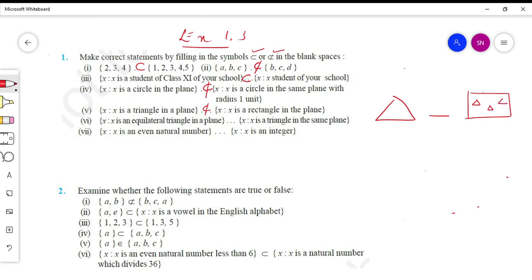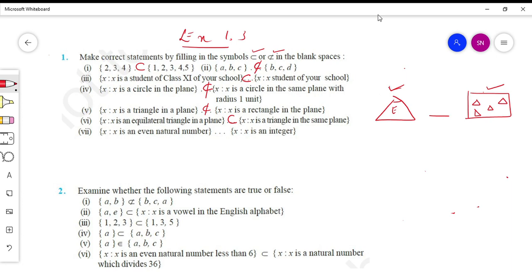So there are different varieties of triangles: a right angle triangle, then a scalene triangle, an obtuse angle triangle. So when I have a smaller set here, the smaller set is an equilateral triangle. One equilateral triangle can be derived from the set of so many triangles. Correct? So this is possible. Whereas in the previous condition, when I explained, that was not able to fulfill all the conditions. So therefore, can I tell this is a subset? Yes, this is a subset.